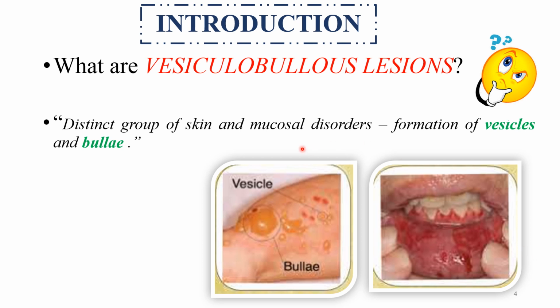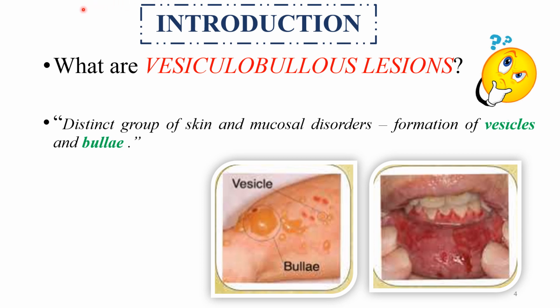These lesions involve both the skin and also the mucous membrane, like oral mucosa, genital mucosa, etc. Most of these vesiculobullous lesions are immune mediated, and the pathologic mechanism involves autoantibodies binding to the adhesive cell junctions. In order to understand these concepts better, I'll throw some light on the layers of epithelium and